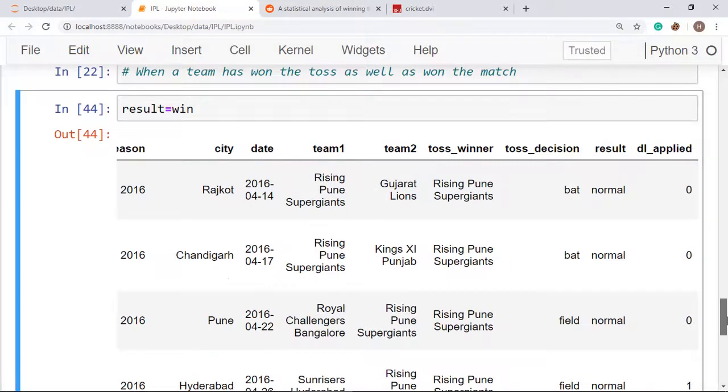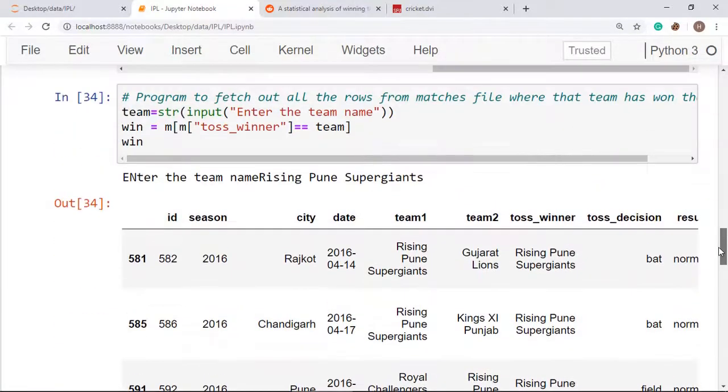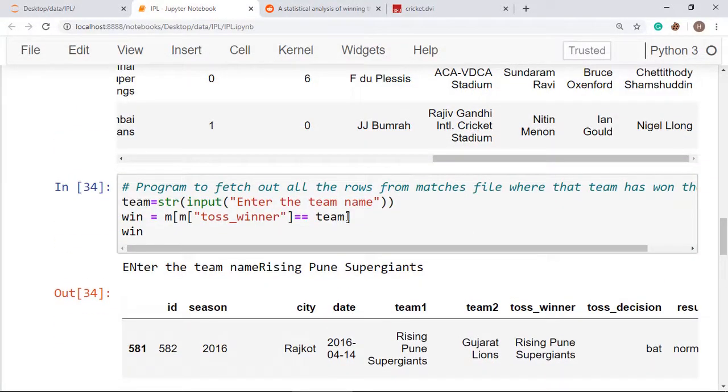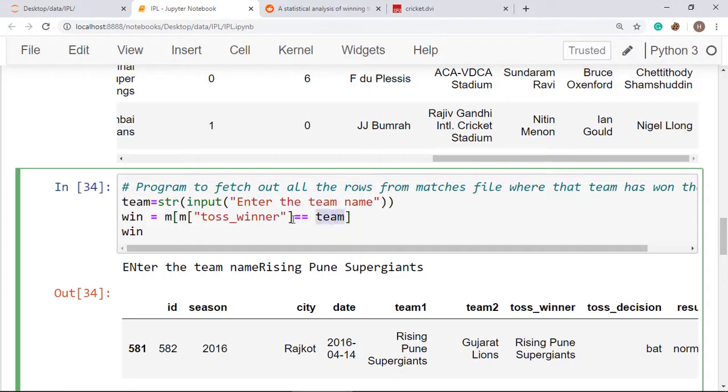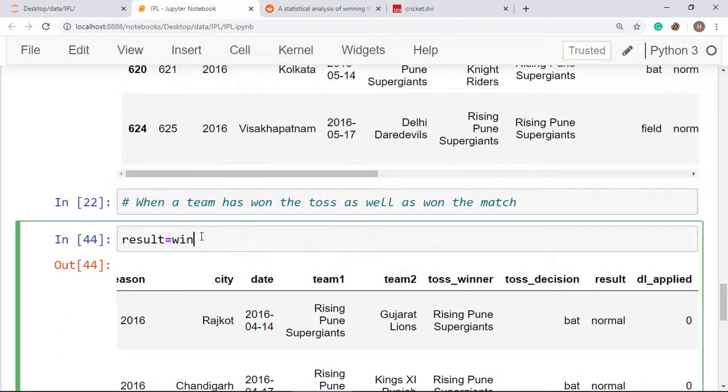Okay, so what we have done when we had to fetch out the team when they had won the toss, the same technique we have to apply here, but now our file is bin. We are going to analyze on bin, and in place of match winner we are going to count the winner.